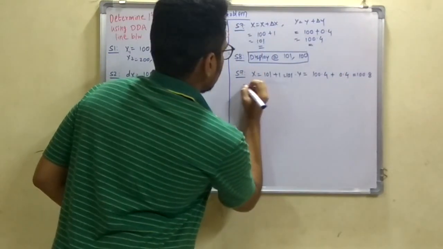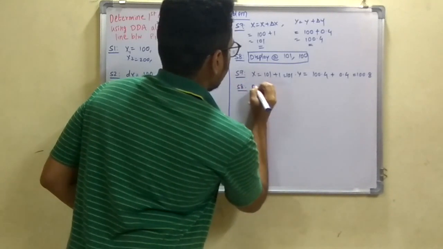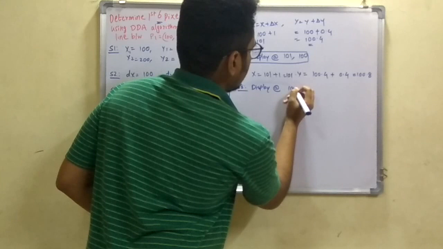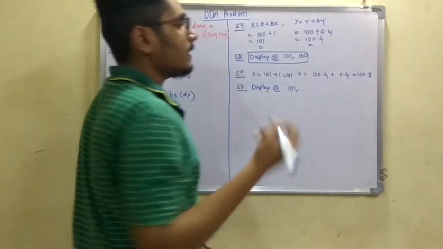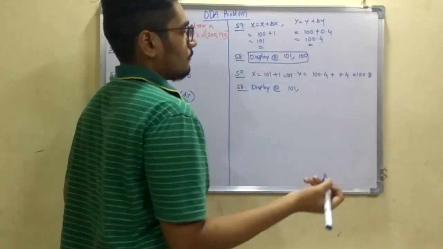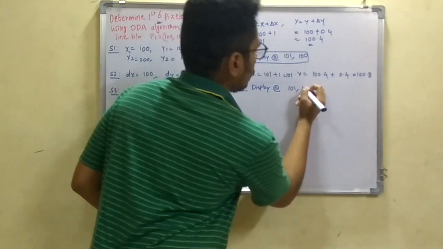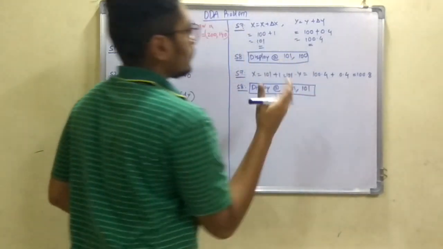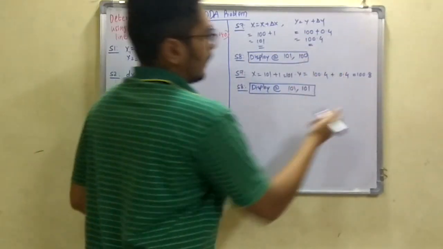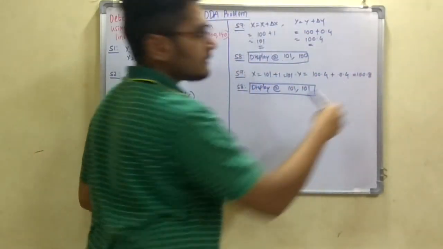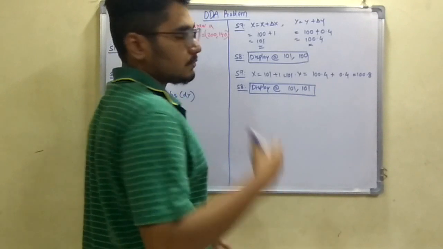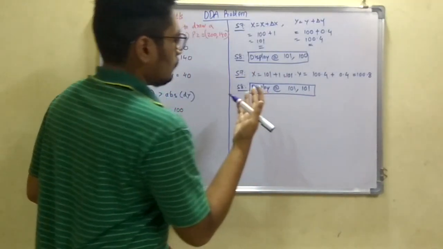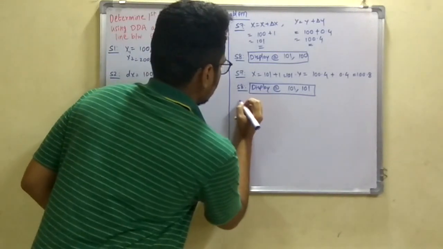Okay, so now by using step 8 we display this pixel at 101 comma, this is 100.8, so we round it off. Now we will actually round it off to 101. Hope you got this point. Why did I not round it off here and why did I round it off here? Because it is more than 5, so that makes sense to round it off to the next highest integer. So so far 3 points.